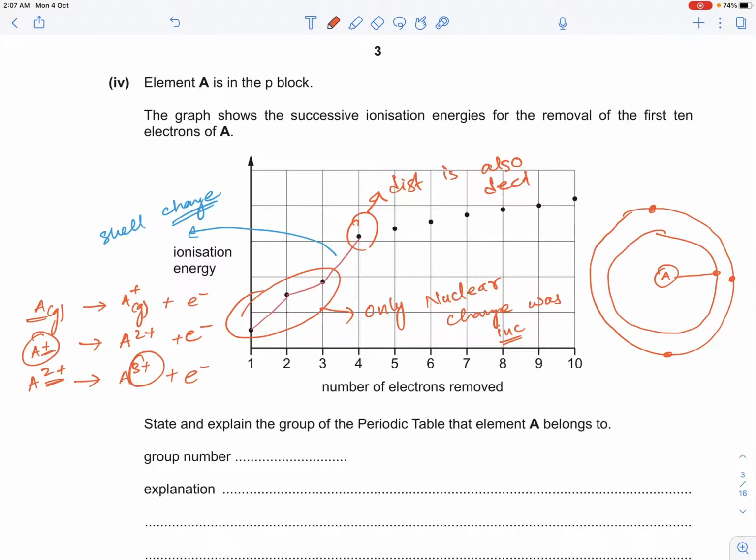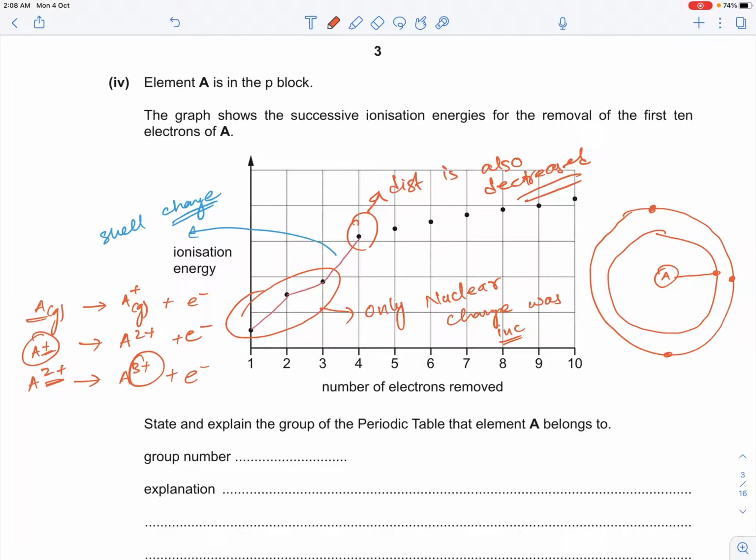So whenever there is a large difference between two successive ionization energies, that would indicate a shell change. That means the electron has moved closer to the nucleus, or the electron is being removed now from a shell which is closer to the nucleus than the previous one, right? So a large increase in the ionization energy would indicate a shell change, and that means the element A